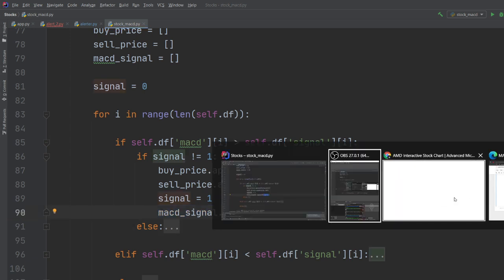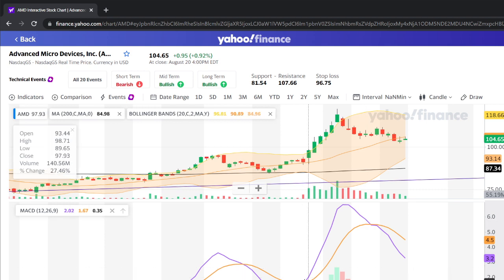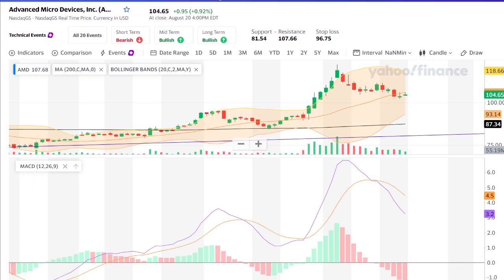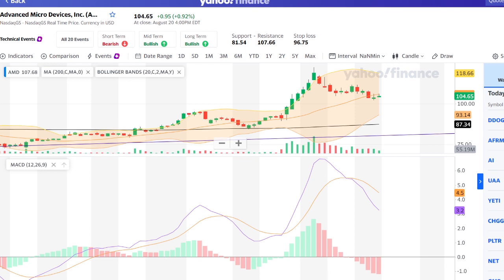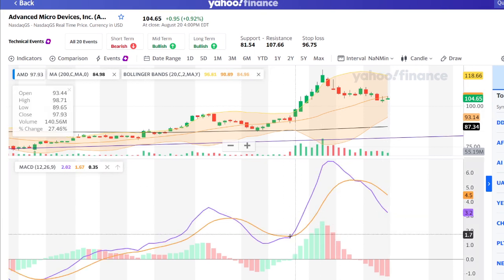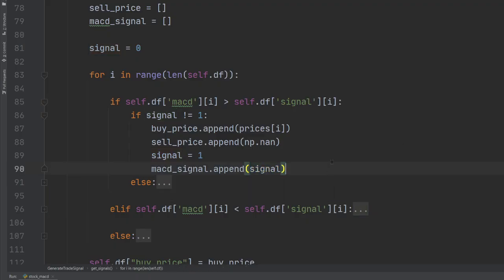So essentially, if you come to Yahoo Finance, as you can see the blue line right here, not sure if this is visible, but I'll try to make it this way. So this should be fine now, hopefully. Okay. So here, as you can see, this blue line is the MACD, the yellow is the signal. So at this point, where the MACD is greater than the signal, we want to indicate a buy signal, right? So essentially, this if statement takes care of that.